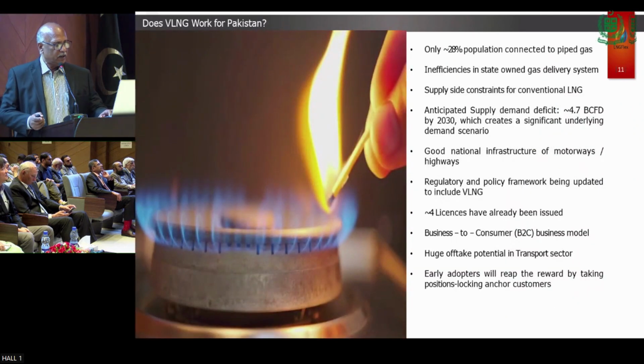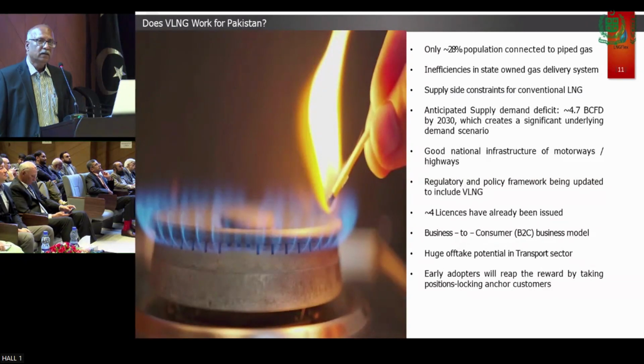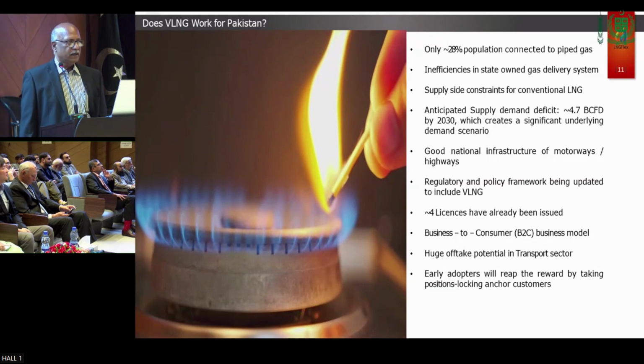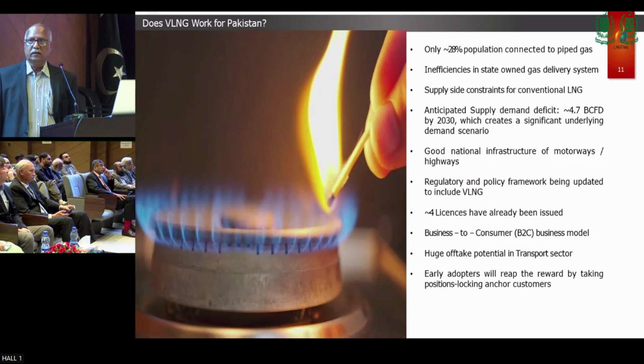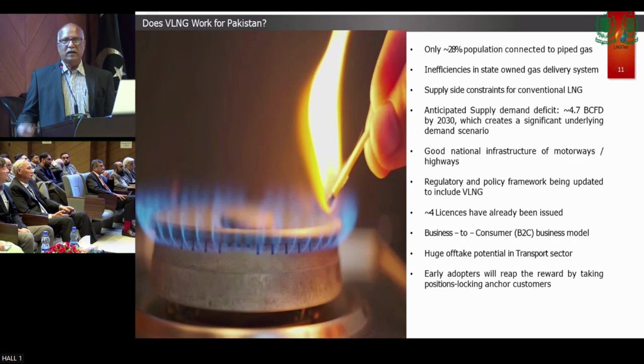Going further, if I look at things from the perspective of an entrepreneur or a potential investor in Pakistan, I would ask: is it the right time, and are the conditions suitable for VLNG to work for Pakistan? As one of my colleagues has mentioned,